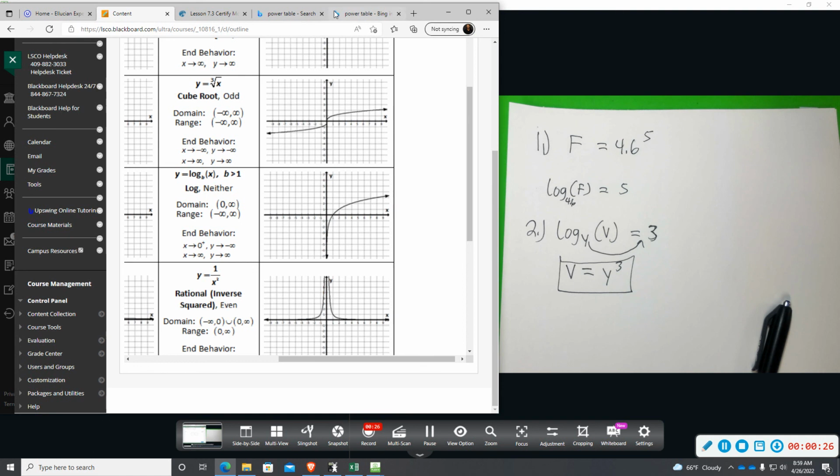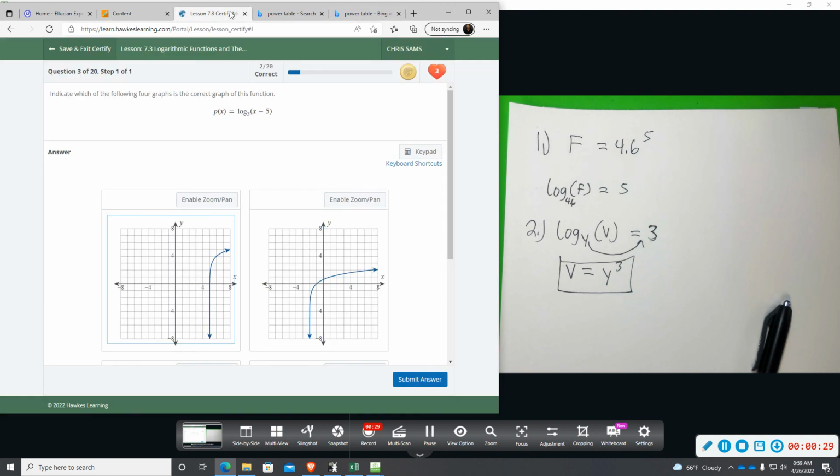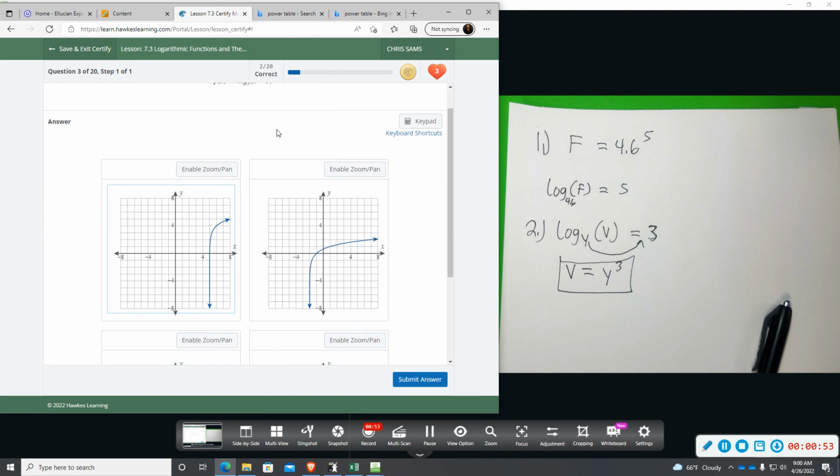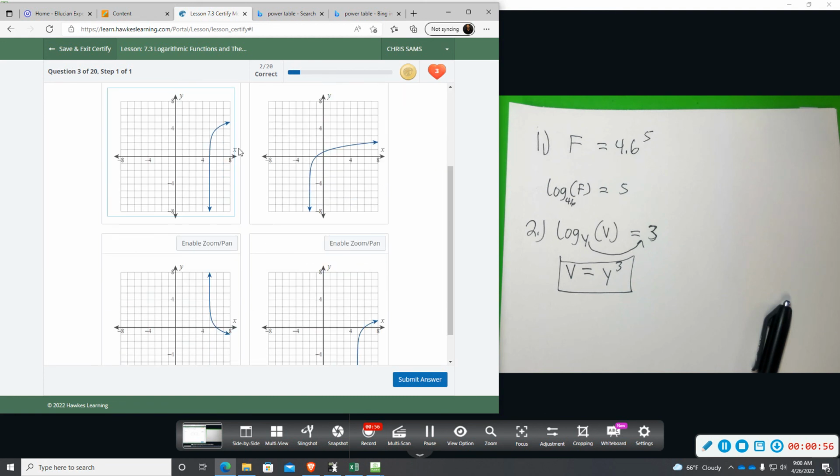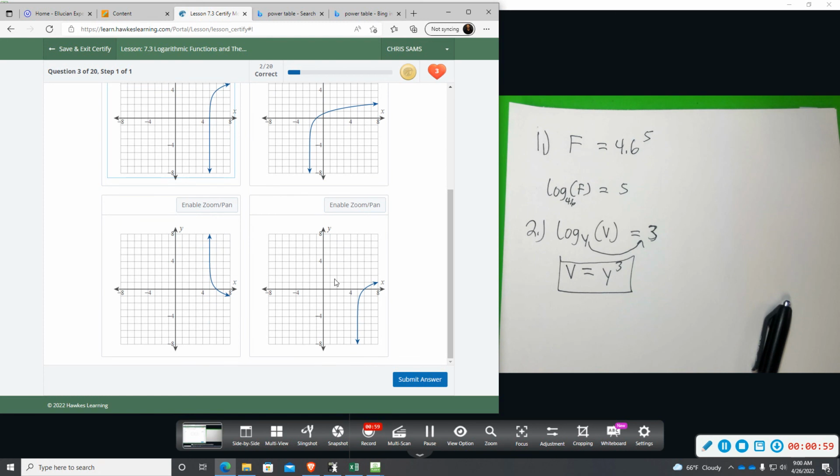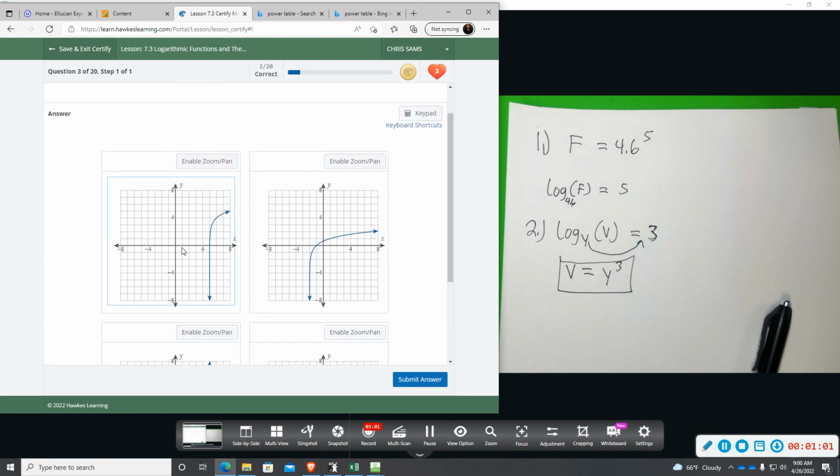So if I use that general shape of log, notice in parentheses with x we have a minus 5. When we talked about transformations, it does the opposite of what we think. A minus 5 you would think goes left 5, but it's actually going to move this graph to the right 5, and that's the only transformation we have. Since this base is bigger than 1, it's going to curve upward like it is showing, so that one is out for sure. And all we're going to do is take this ordered pair 1, 0 and go 5